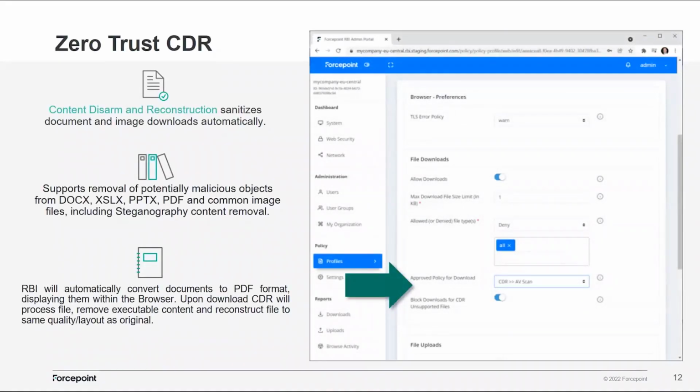Forcepoint Zero Trust CDR solves these issues. Zero Trust CDR treats files as compromised from the outset and quickly sanitizes files as they're downloaded, actually in a similar manner to secure rendering, by stripping out active or dangerous content first and then going on to reconstruct the file in the original format using benign elements that we create ourselves to ensure a high fidelity file is created